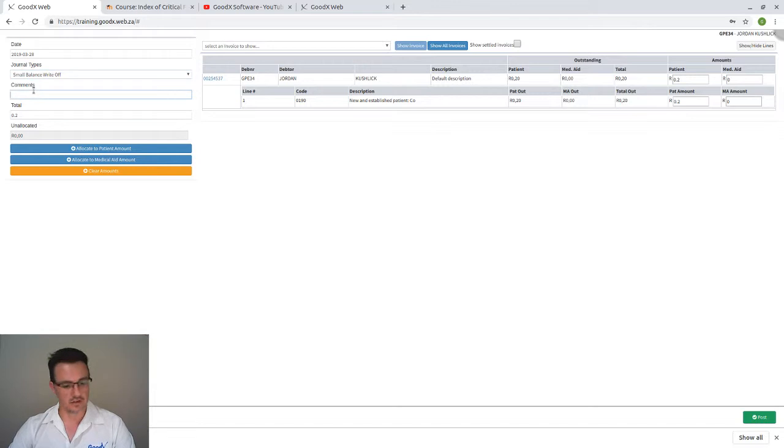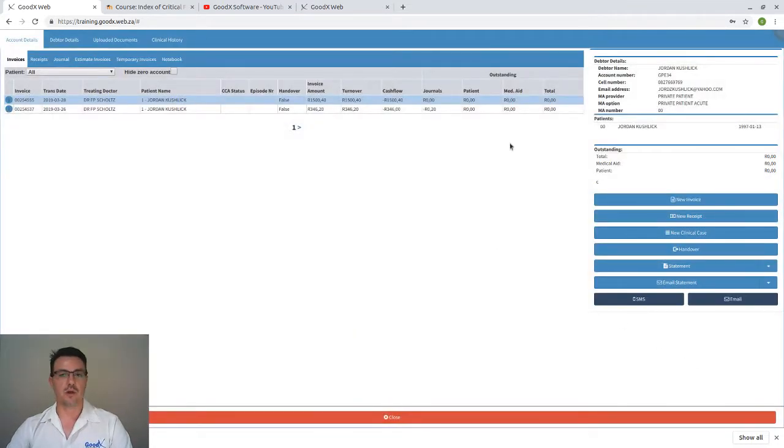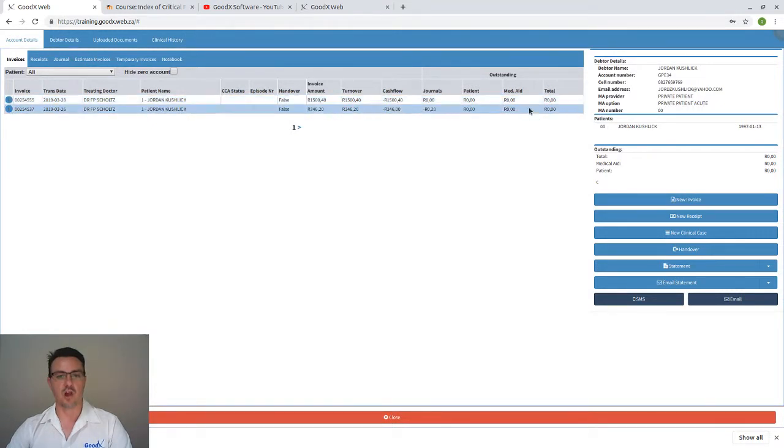You can make an additional comment or leave it blank. We automatically fill in the 20 cents and we also automatically take the 20 cents to that code and to that patient side on the right hand side. You just confirm you're happy with that. The moment you are, you can simply click on post. So the moment I click on post, that patient amount will now be zero, and you will see here very nicely as we show you here on the